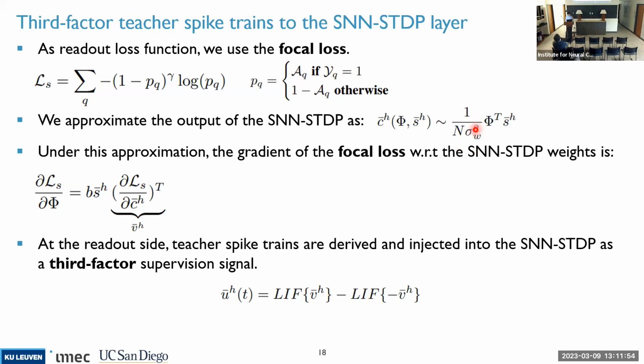Why do you need to approximate the output? Oh, because simply if we don't do it, we cannot simply feed a third-factor kind of modulatory signal and use SNN-CDP to take that into account as well. It becomes way more convoluted, since in fact the activity goes through this kind of proximal operator nonlinearity, and we don't want to take explicitly into account the nonlinearity of the neurons, like in the gradient descent kind of thing.